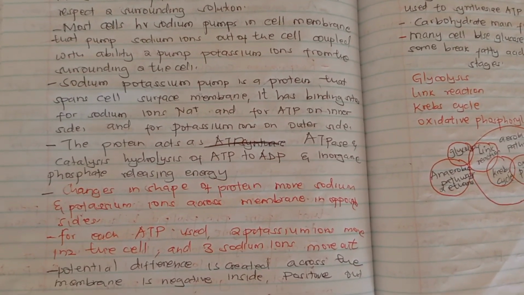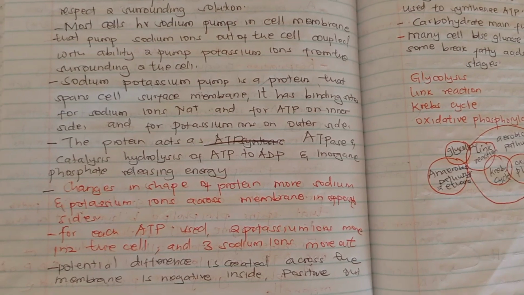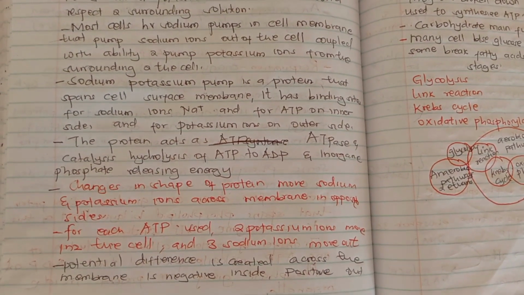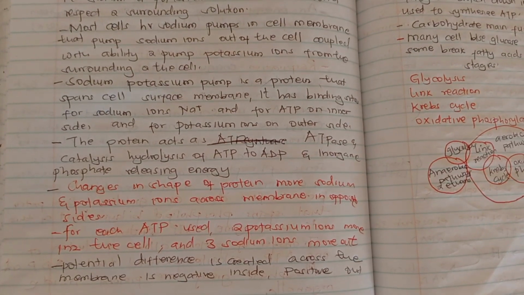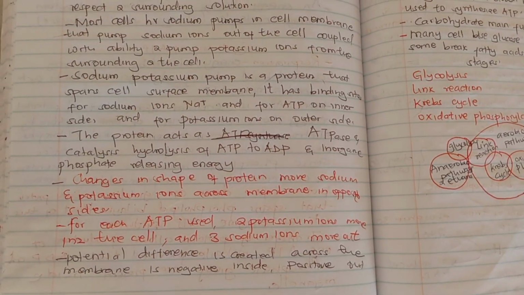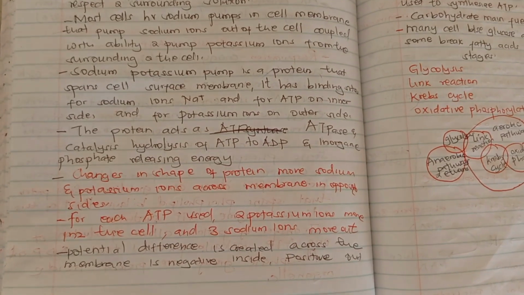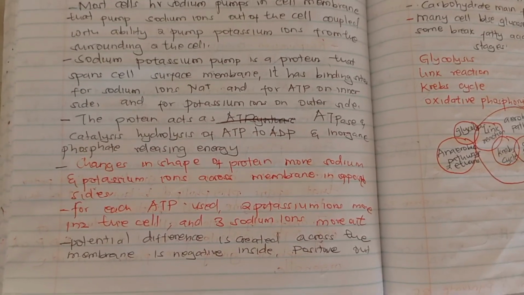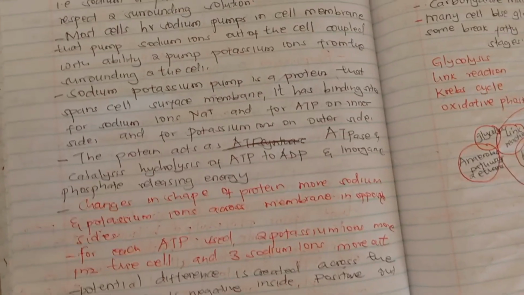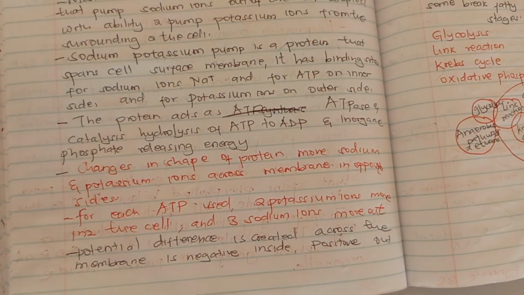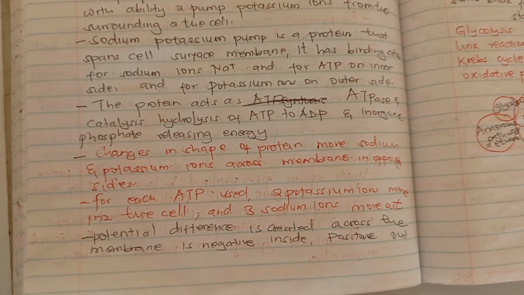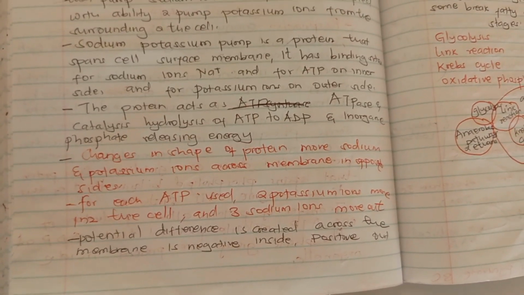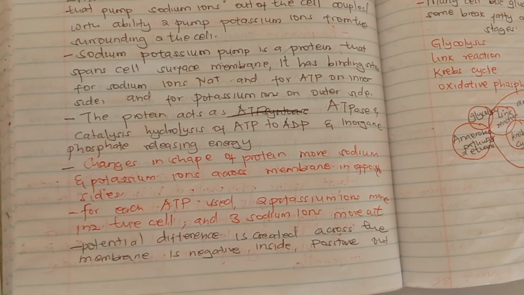solution. So most cells have sodium pumps in the cell membrane that pump sodium ions out of the cell and then pump potassium ions into the cell. The sodium potassium pump is a protein that spans the cell membrane. It has binding sites for sodium ions and ATP on the inner side, and for potassium ions on the outer side. Then you have the ATPase, which is an enzyme that catalyzes hydrolysis of ATP, that is breakdown of ATP